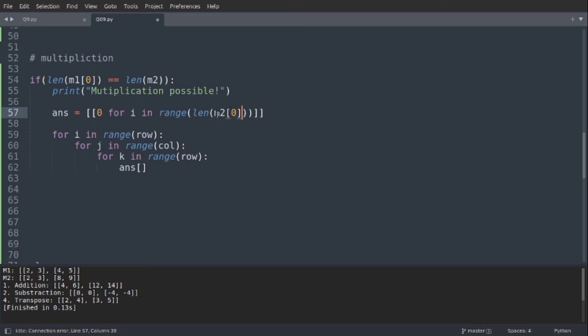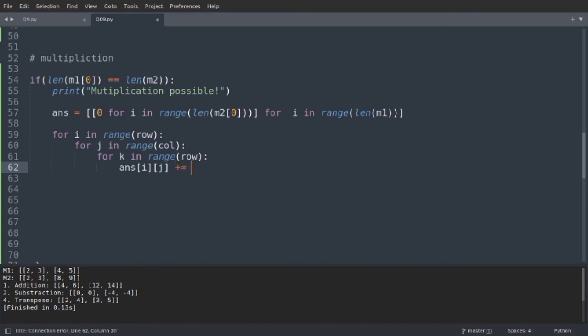So basically like this we can take the value, and similarly this should be repeated how many times? For this list, it should be repeated for i in range, the length of m1 of 0, the number of times m1's row. So this much time this should be repeated, and then what we can do is answer of i and j. So basically the i and j of this would be